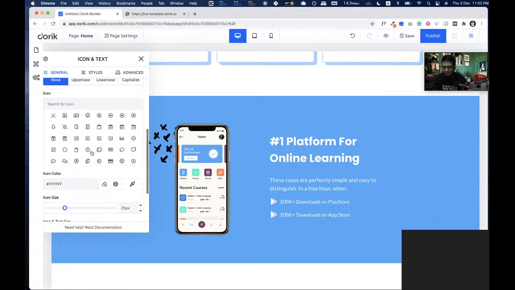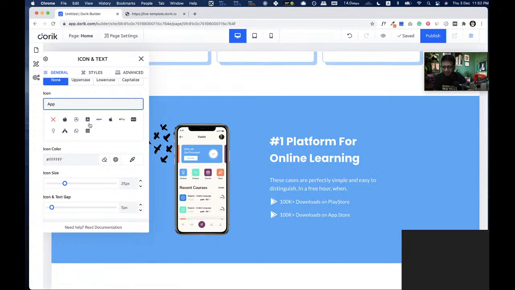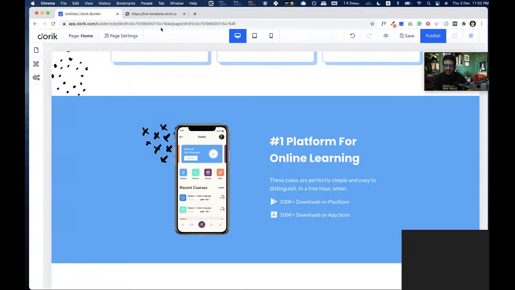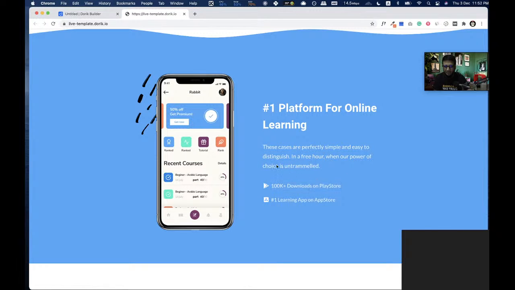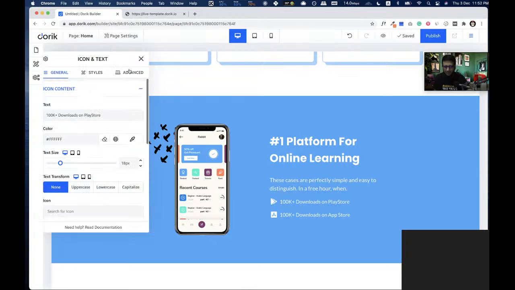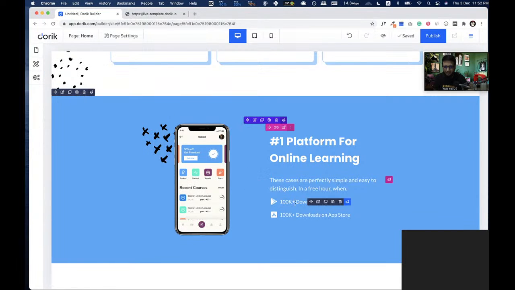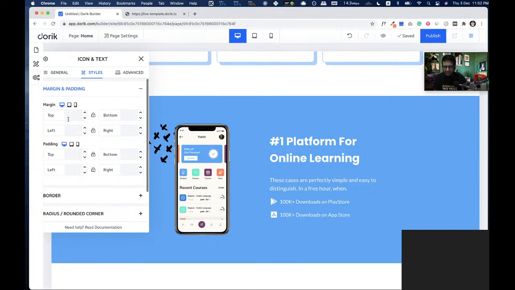So we can add the App Store icon, App Store. This section is almost done, there's some gap required here, and we can add this gap by clicking on the edit button and setting the top to 30 pixel or 40 pixel.